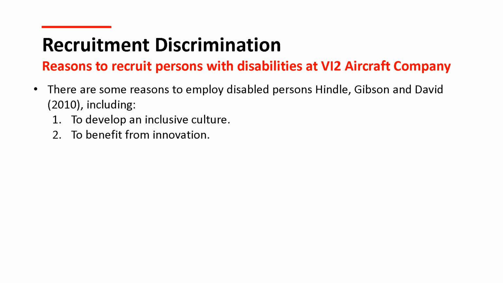And the second reason is to benefit from innovation. For example, if the employees know basic sign language, that can help them to communicate with the deaf staff members, as well as increasing their effectiveness in assisting hearing impaired customers. The third reason is that persons with disabilities often are better employees. For example, according to the Australian Public Service Commission in 2010,